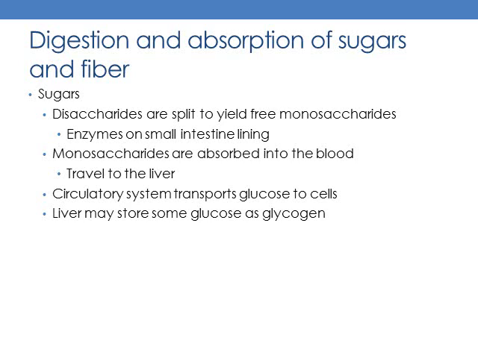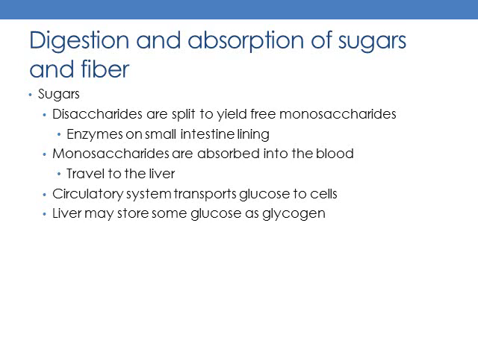Looking at sugars now. Disaccharides are split to yield the monosaccharides. Remember that the body requires that all those disaccharides be split into the monosaccharides. The monosaccharides can be absorbed directly into the blood. Different enzymes on the small intestinal lining will break down these disaccharides. Once we have our monosaccharides, they will be absorbed directly into the blood and they'll travel to the